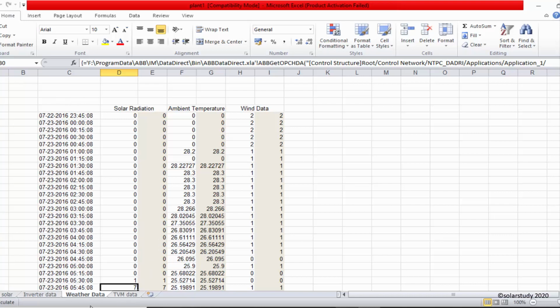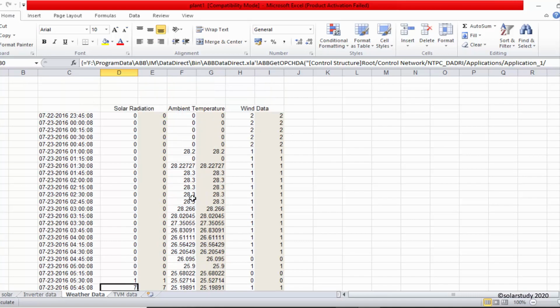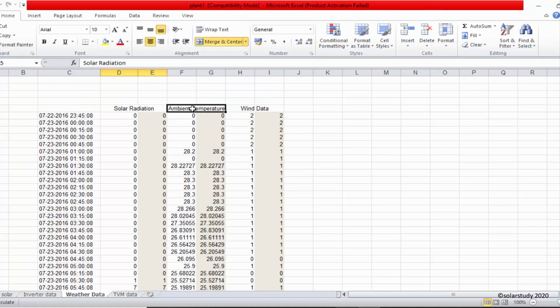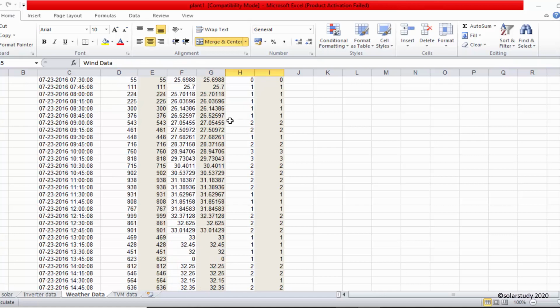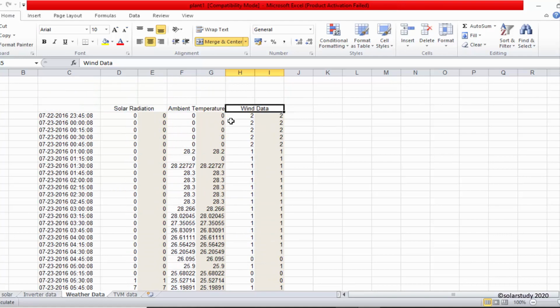Next we will see the weather data. Whatever is present here, the weather report, is also stored as separate data. Same thing: solar radiation, ambient temperature and wind rate, they have put here. This is already done in the program.